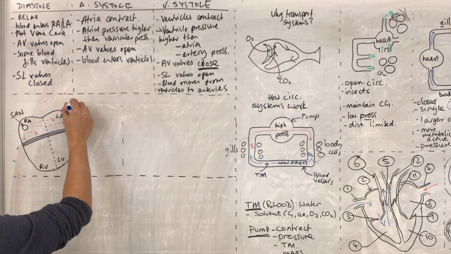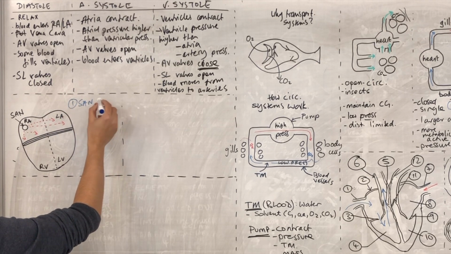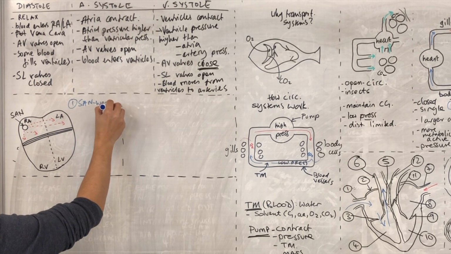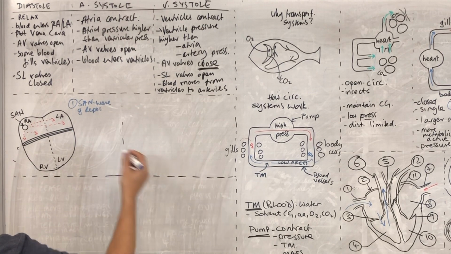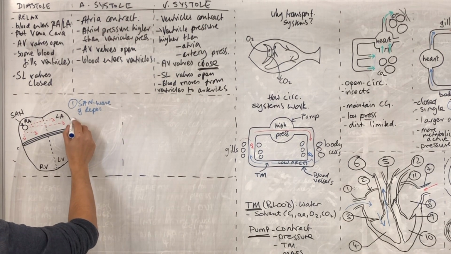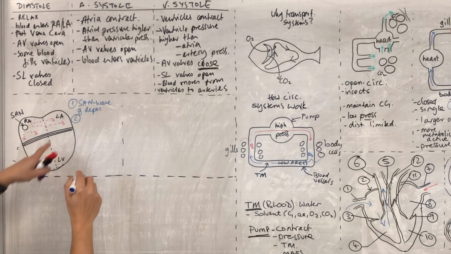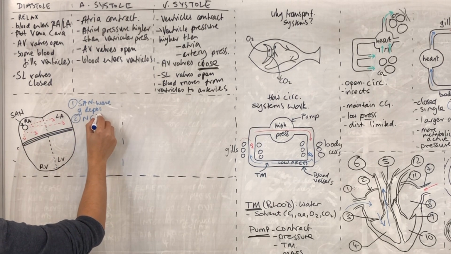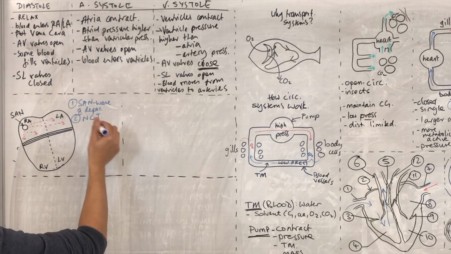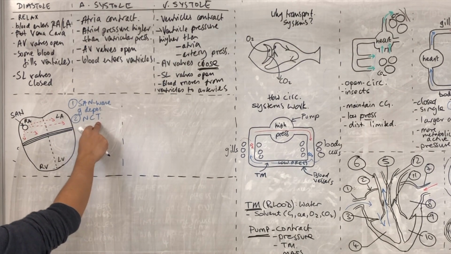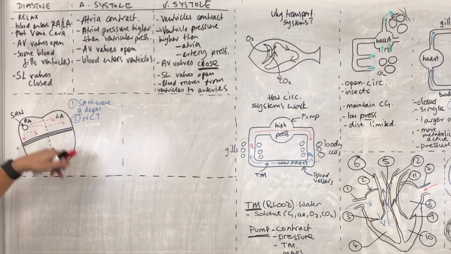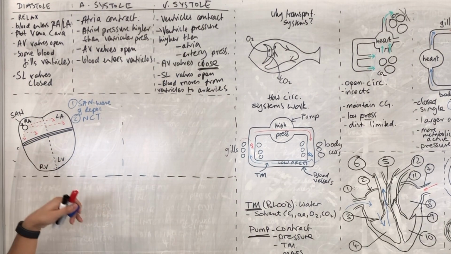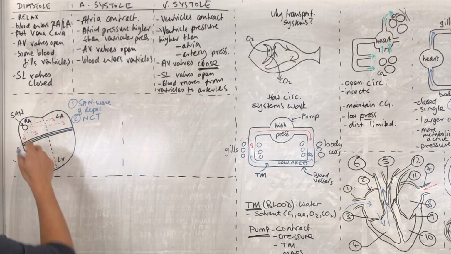Okay, so sinoatrial node, wave of depolarization or excitation, however you want to call it. Two is the non-conductive tissue, right? So the atria contract, but the non-conductive tissue prevents the ventricles from contracting because it just prevents the wave of depolarization from actually getting to the ventricles. Okay, however,